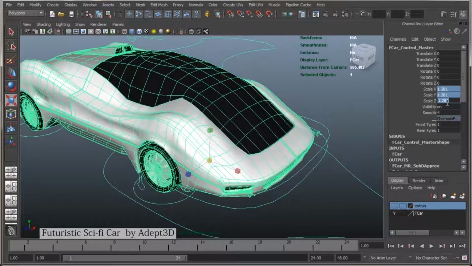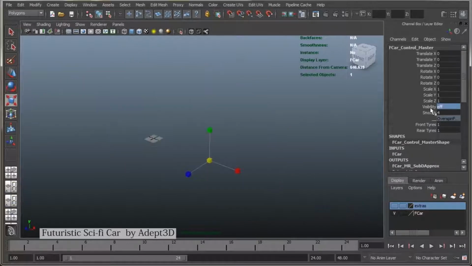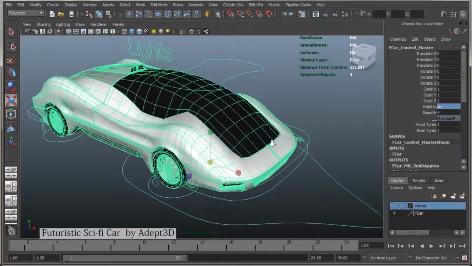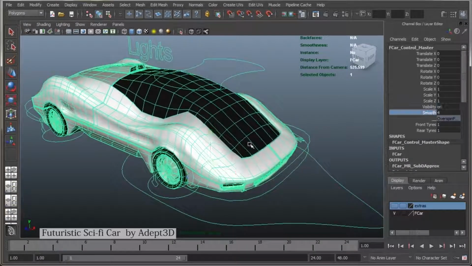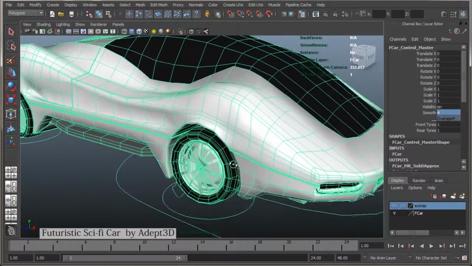And there is also a visibility control. If we need to hide the car in some cases, then we can do that. Now there is also a smooth attribute in the master controller. Right now the value is set to 4. Actually, if we see in the viewport,